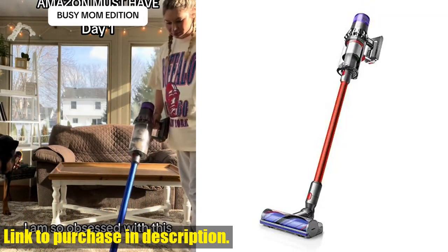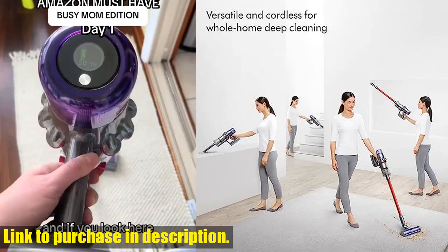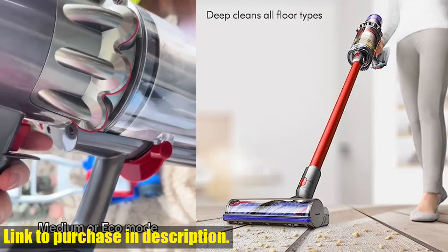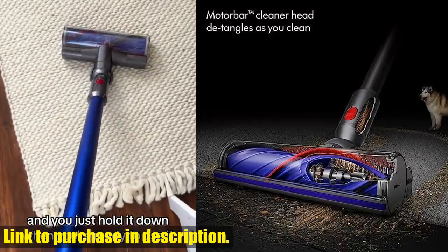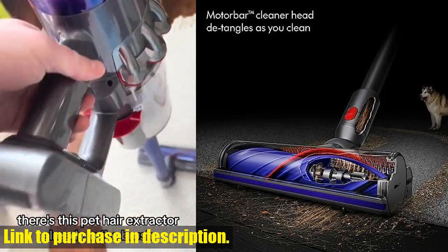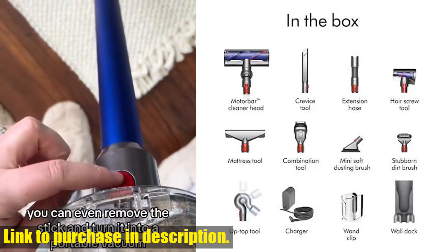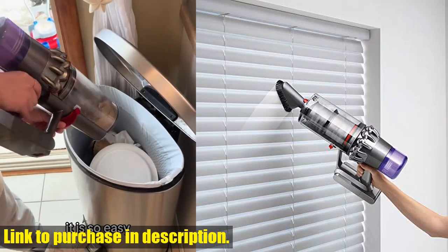Today, we're taking a closer look at the Dyson V11 Extra Cordless Vacuum Cleaner Nickel Red. This powerful and versatile cordless vacuum is your ultimate solution for whole home deep cleaning. With 60% more suction and up to 60 minutes of run time, the Dyson V11 Extra is designed for maximum performance. The battery-saving trigger helps maximize energy efficiency, while the LED screen displays remaining runtime and maintenance alerts for complete